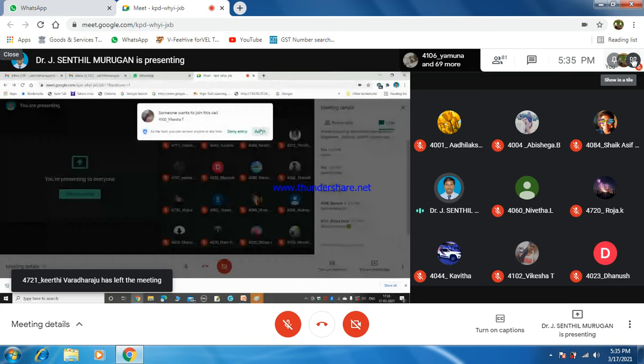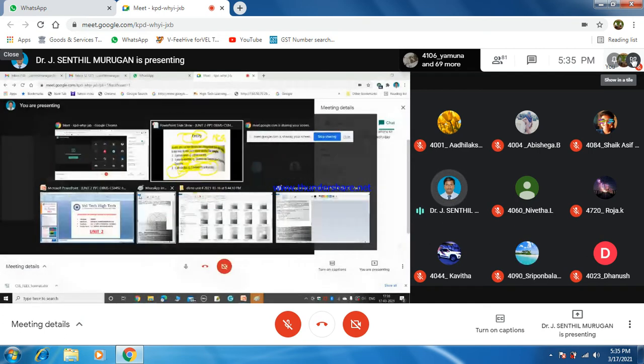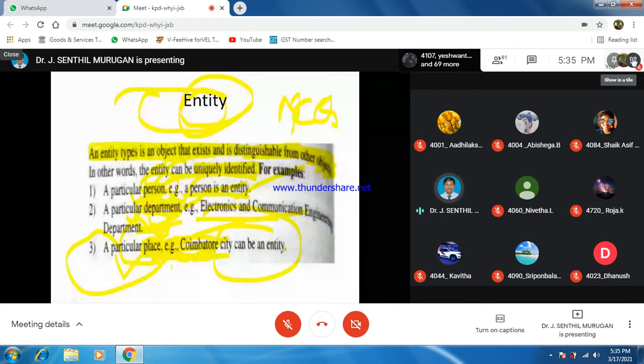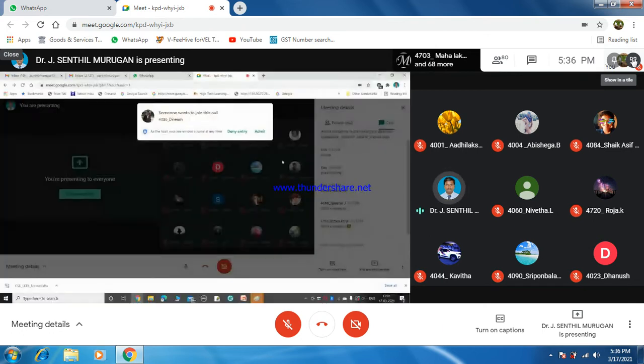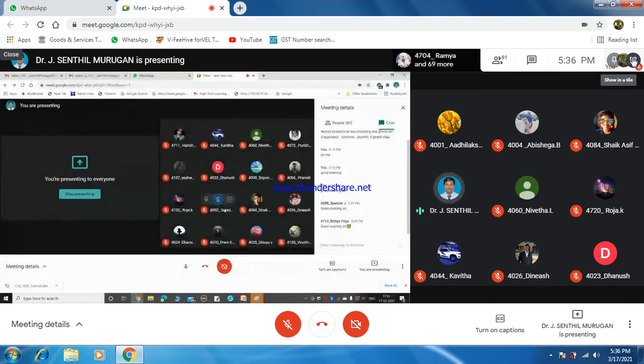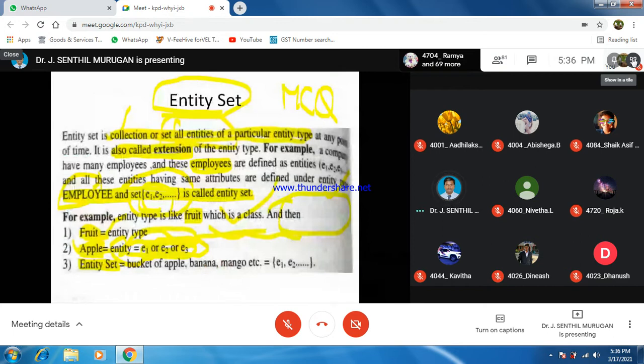So if that is the case, then here also we can say if a set of fruits are there in a marketplace, then fruit is an entity type, and whatever the fruit I am taking, that is also an entity. So apple equals entity. Different types of fruits, or it might be different types of apples. All those things are called entities, right? So next step, entity set. What is called entity set?